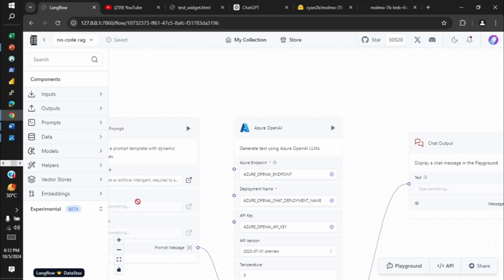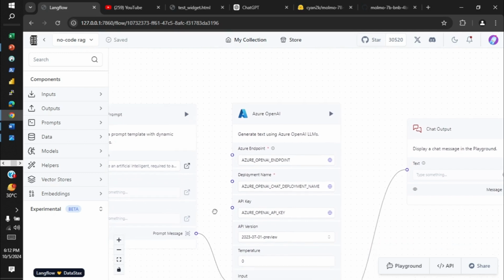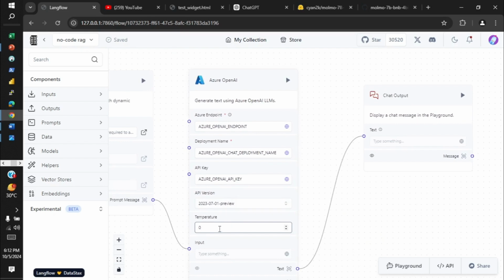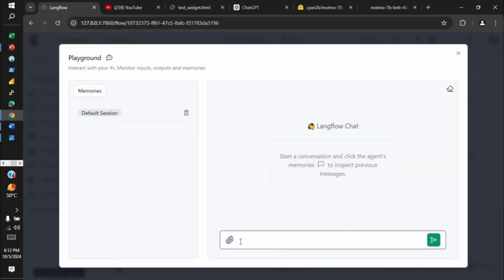This collection of prompt, chunk, and question gets passed to OpenAI. Over here again I have used the global variable, set the temperature to 0, and am getting the output to chat output. So now we can go to the playground and ask